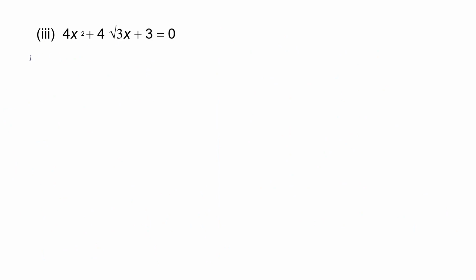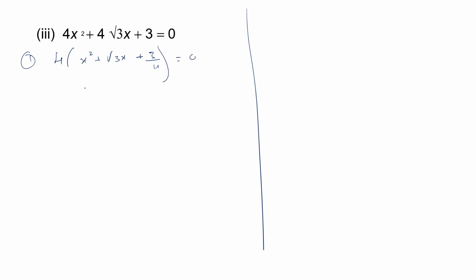See here also, the first step is you have to remove the square term. This 4 by 4 will get cancelled, you will get root 3x. Here it will become 3 by 4 equal to 0. So 4 on taking to the other side, that will become 0 by 4, 0. So the first step is done. Second step is divide the coefficient of x by 2, root 3 by 2. Third step is square that,